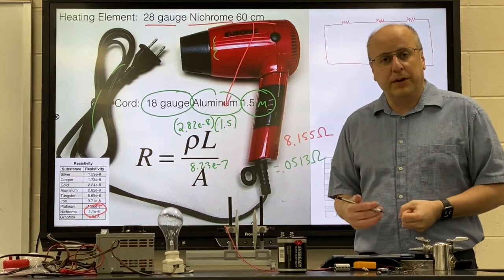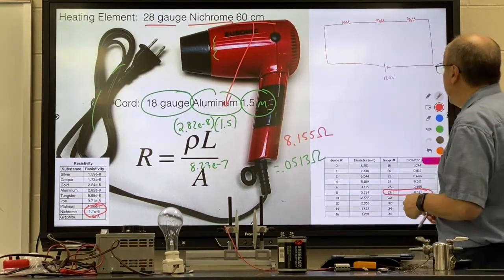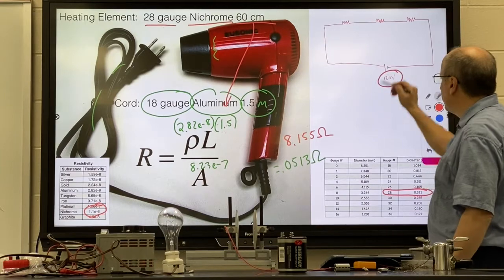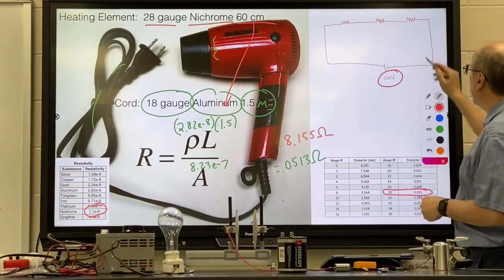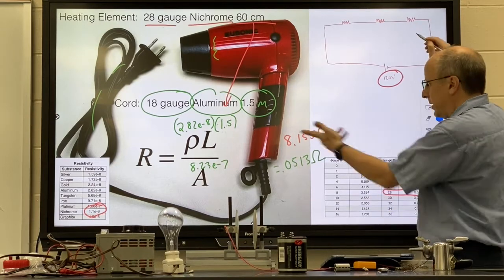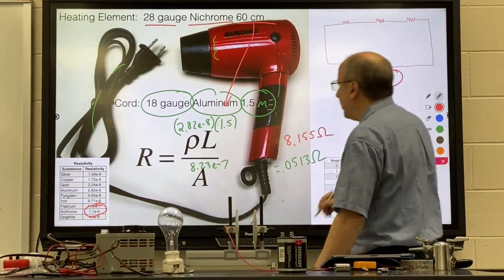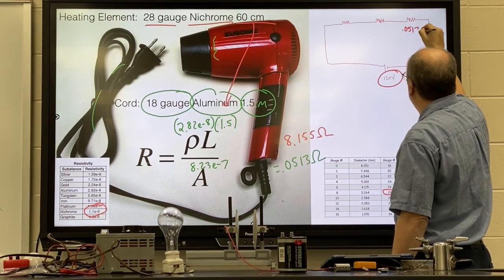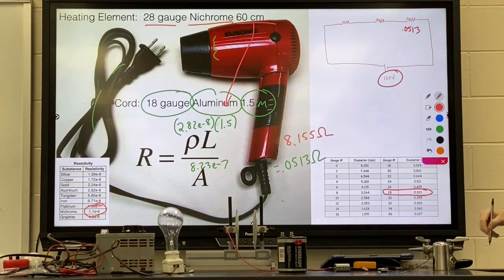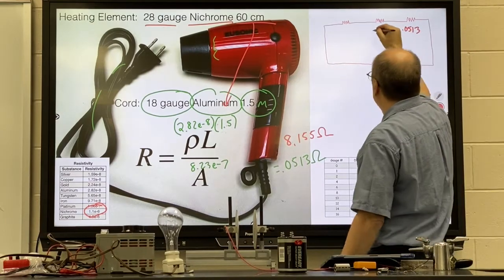Why is that important? Well, let's now look at our circuit. We're using 120 volts because we're hooking it up to an American outlet. We're going to represent the aluminum wire, the power cord, as a resistor with 0.0513 ohms. Then we have the heating element, that's this one here,